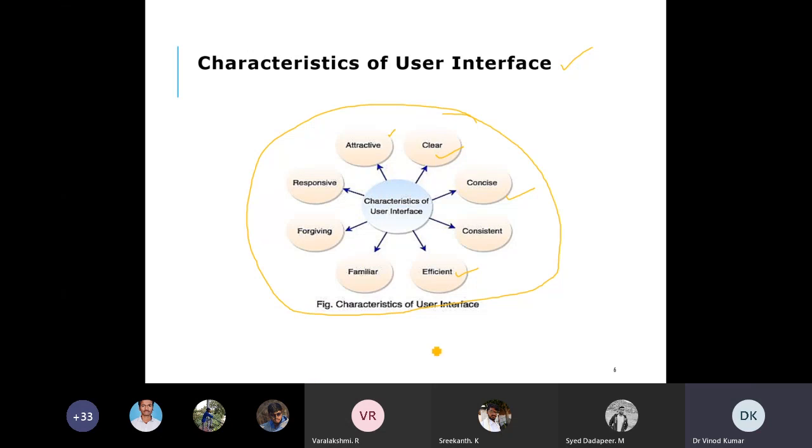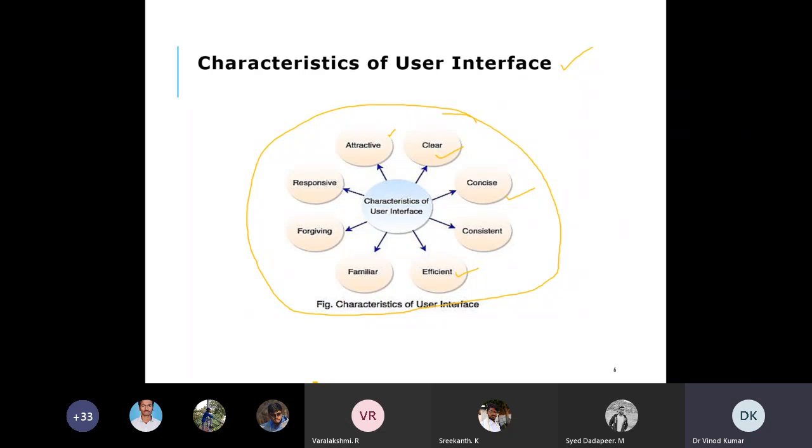Next one is consistent. Consistent means consistent interfaces allow users to develop usage patterns. The user will learn what different buttons and icons look like, and will recognize them and realize what they do in different contexts.